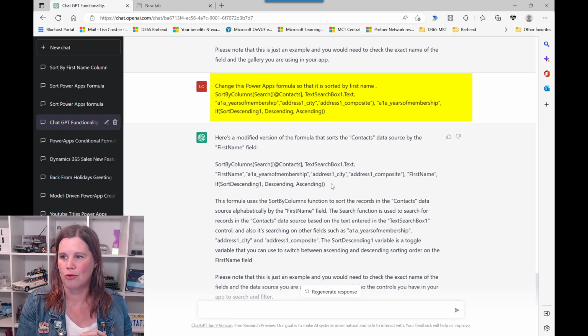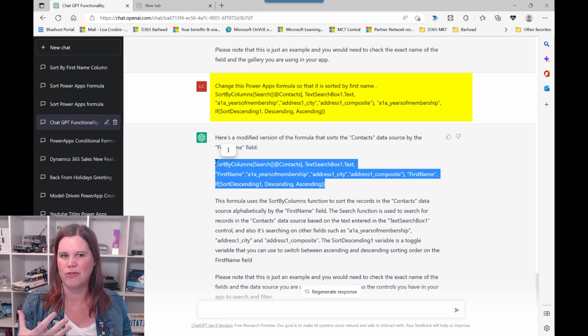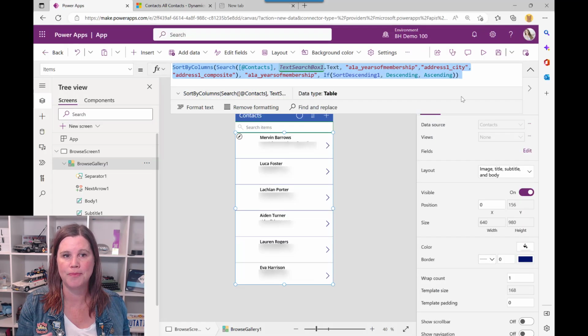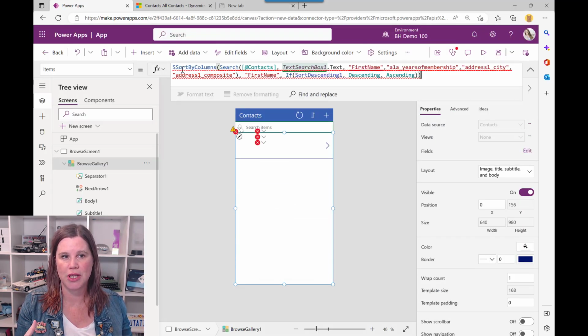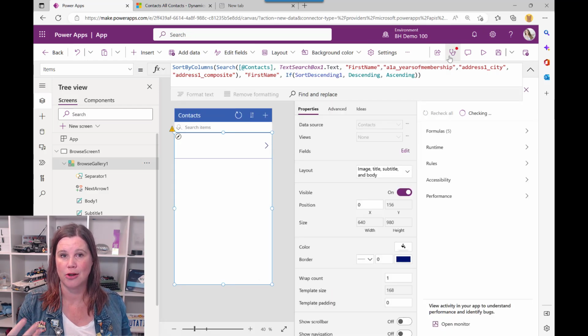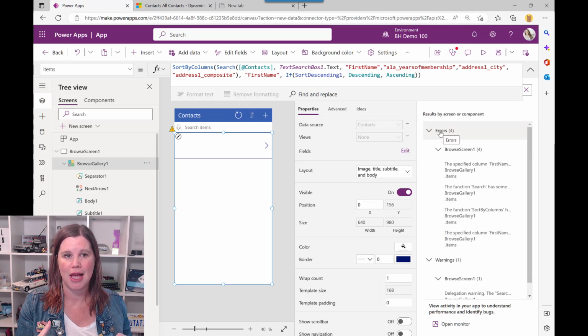All right, now we're going to work on refining a formula. So I want to do something different with the formula this time. What I want to do is sort this so that we've got things in order by first name. So I've asked it to rewrite the formula for me so that we can sort by first name, and